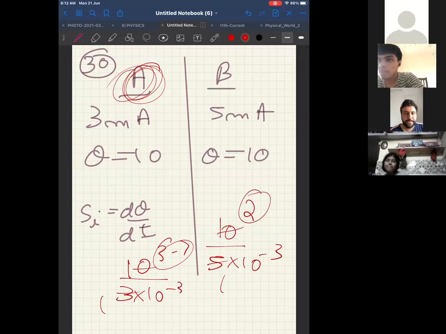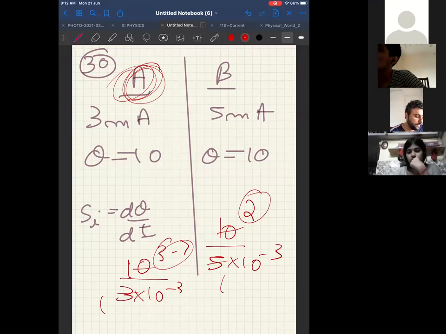Look at me. A stationary charge has electric field only, correct? When a charge starts to move, it will have electric field as well as magnetic field. I will repeat. When a charge is stationary, it will have electric field only. But when a charge starts to move, it will have electric field plus magnetic field. Therefore, a moving charge will have a magnetic field, correct.